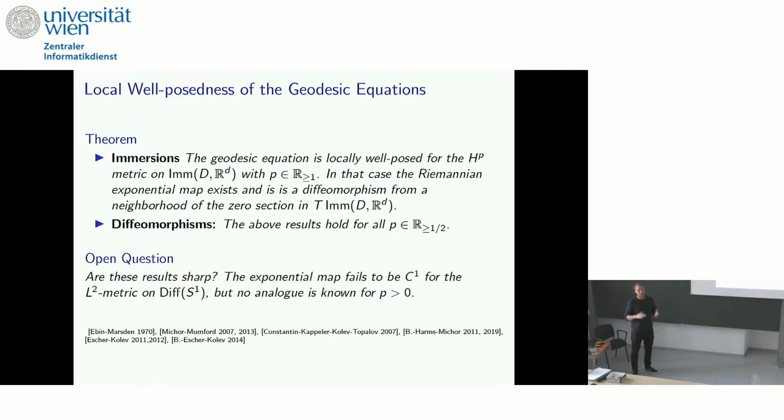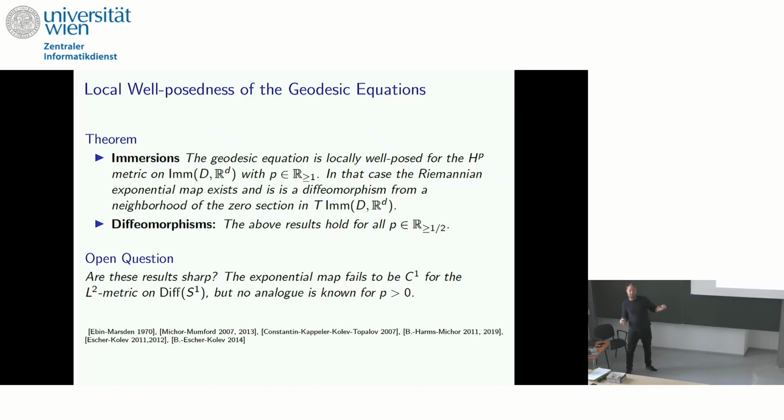So you already saw all of these famous PDEs, so it seems it's really a non-trivial question if the geodesic equation is locally well-posed even, but even more globally well-posed. I will talk a little bit about local well-posedness, but not very much. I think local well-posedness is mostly solved. I believe the results are essentially sharp, although we have not shown that, but I don't think that you can go much lower in a Sobolev regularity.